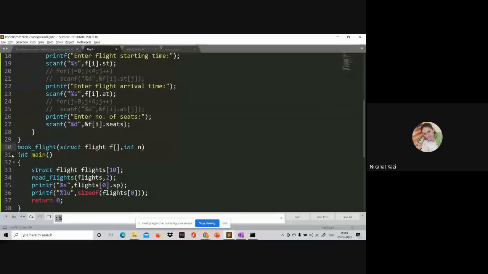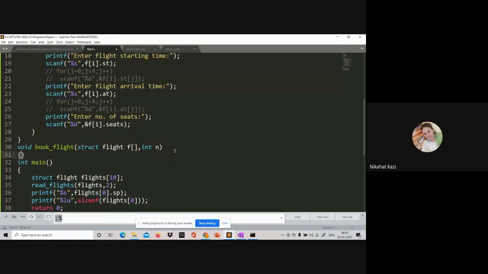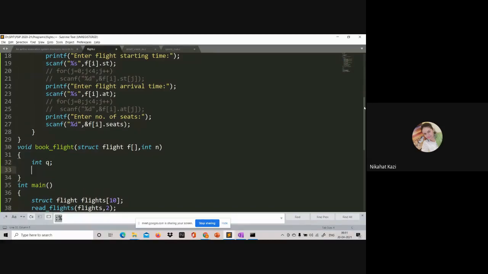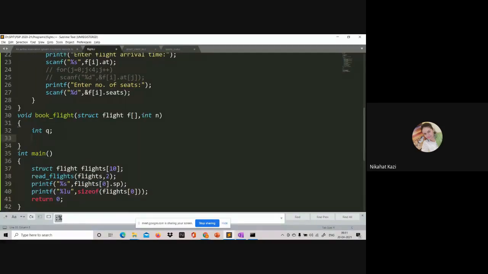So there are different ways of doing it. What I will do is I will write the queries here only. I'll take the queries inside the book flight function only. So for that, what we need to do is we need to create an array of queries. Okay, so what we can do is